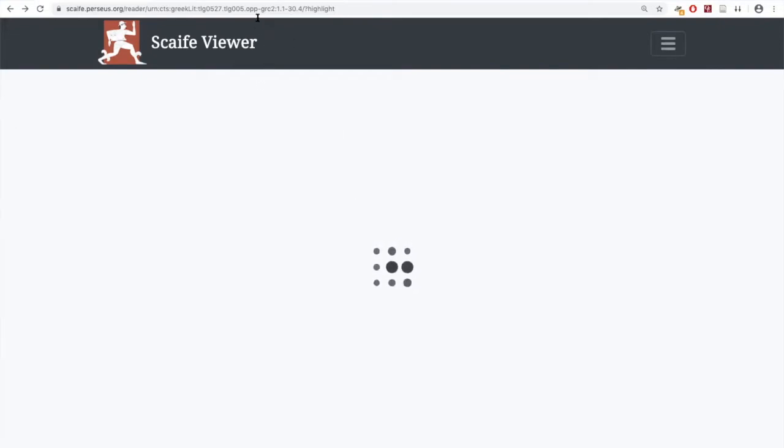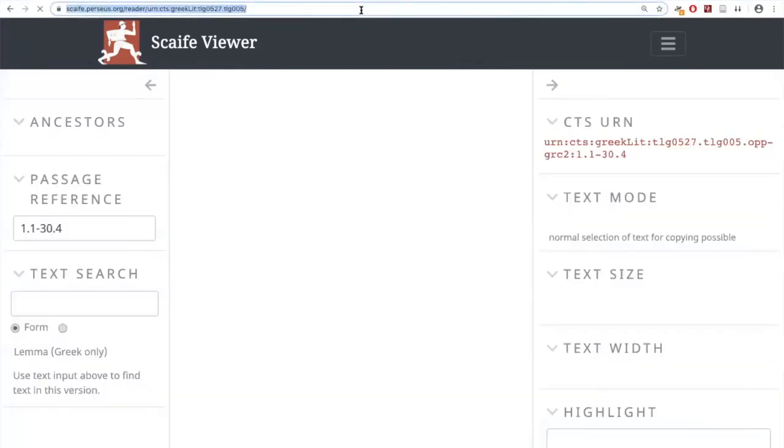So now we're going back to the URL. You can also play with that. What you're seeing in your browser URL address there are 2 TLG numbers. The first is the work group and the second is the work. So TLG 0527 is Septuagint and TLG 005 is Deuteronomy. So if you type in dot, it's retrieving the whole thing again. If you type in dot 1.1,